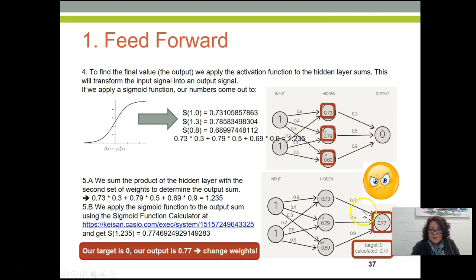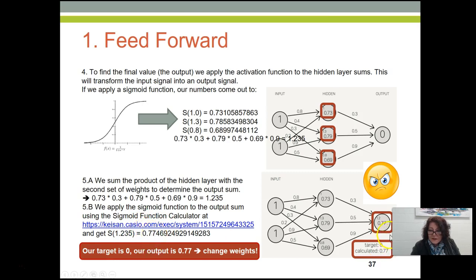So now we are going to calculate the input for our output layer here. This is the 1.235 that we see right here. It is the output of our aggregation or of our summary function for our output layer. And now, just as we have done with our hidden layers, we apply the sigmoid function. We can use the sigmoid function calculator if you want. Here is the link to calculate the output from our activation function for our output layer, which is the sigmoid function applied to 1.235, and the output is